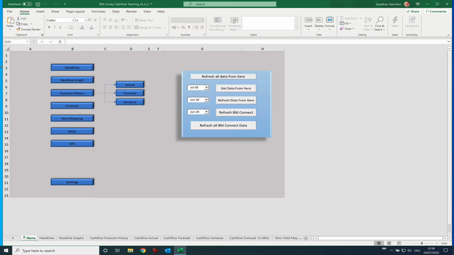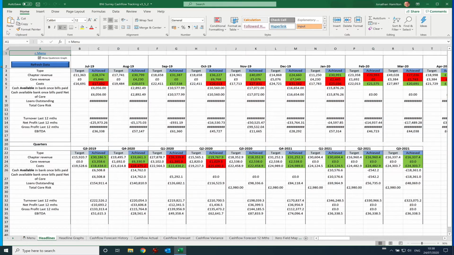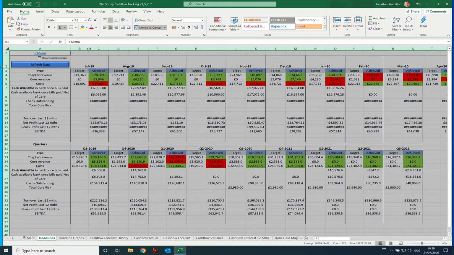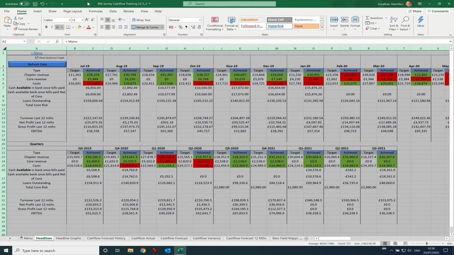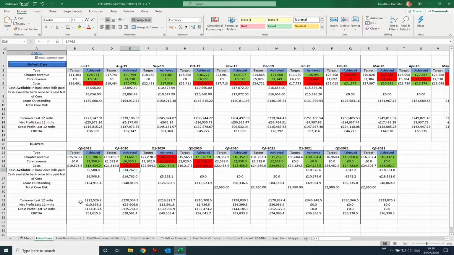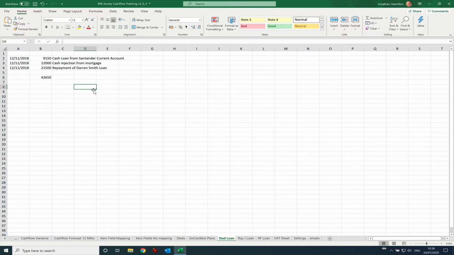So first of all, you queried what my feedback was on the loan amount. Insofar as this loan outstanding figure, you're absolutely right. What I'd forgotten was that the dad loan is included, which is legitimate. However,